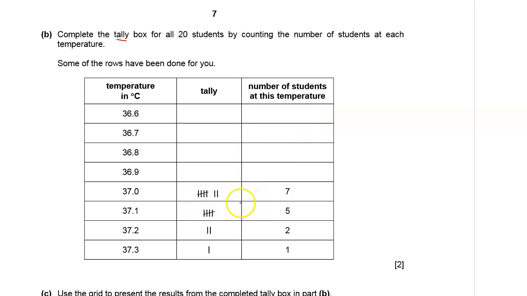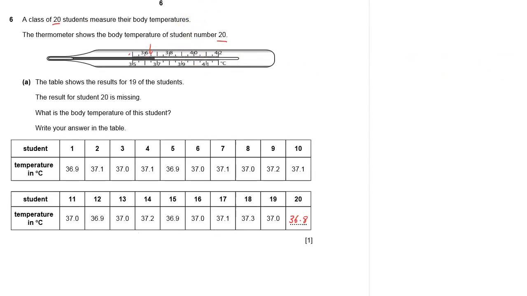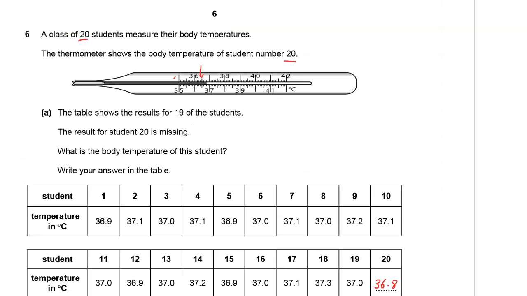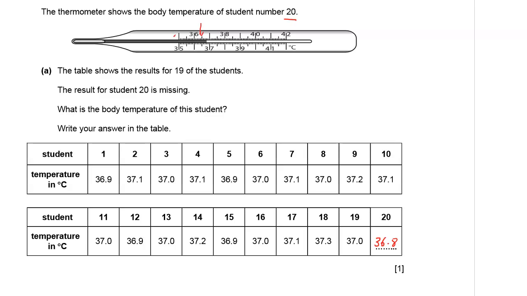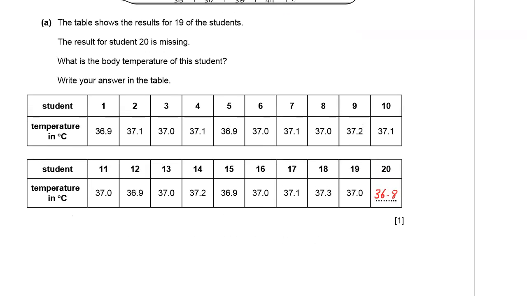This is 7, this is 5, this is 2 at 37 point something. So when you go to the table right here, you notice that the temperatures are beginning at